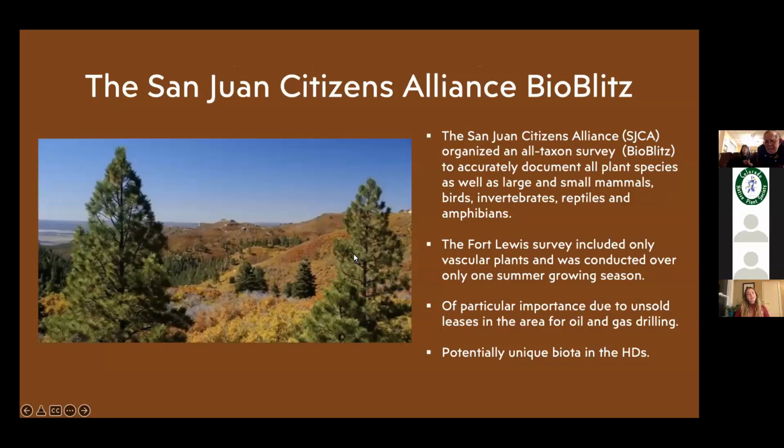I also would obviously like to bring up the San Juan Citizens Alliance, because they're the original reason that we started this project. They were undertaking the BioBlitz of the HD Mountains, because the HD Mountains historically have been areas of high biodiversity and unique species, as we've seen from previous collectors as far back as the early 1900s. They started this BioBlitz to do an all-taxon survey with plants, mammals, birds, vertebrates, amphibians, everything that's up there. Our Fort Lewis survey only included the vascular plants, obviously,